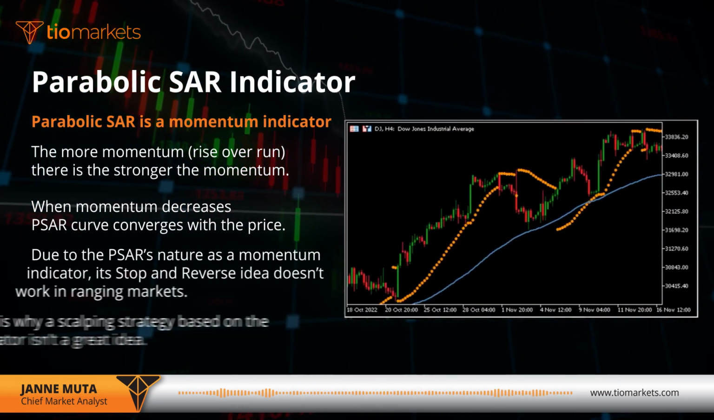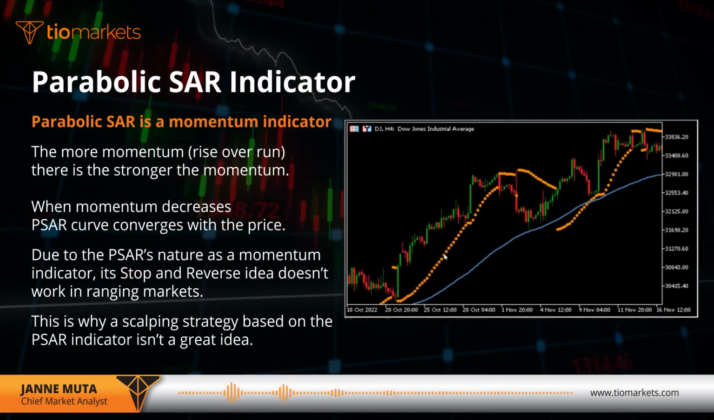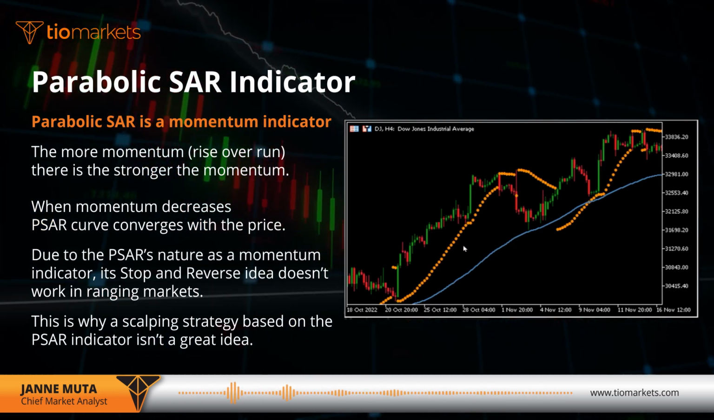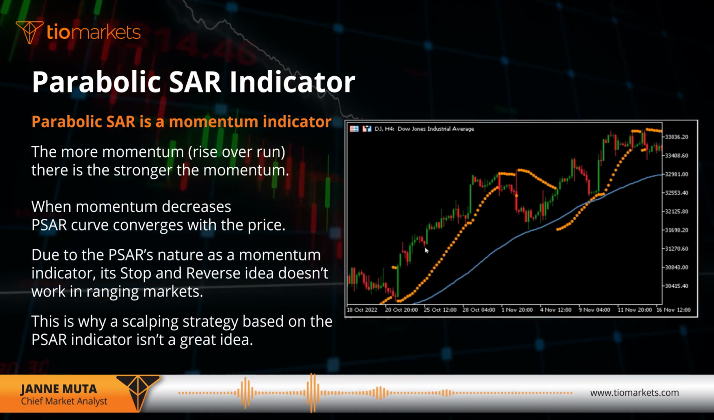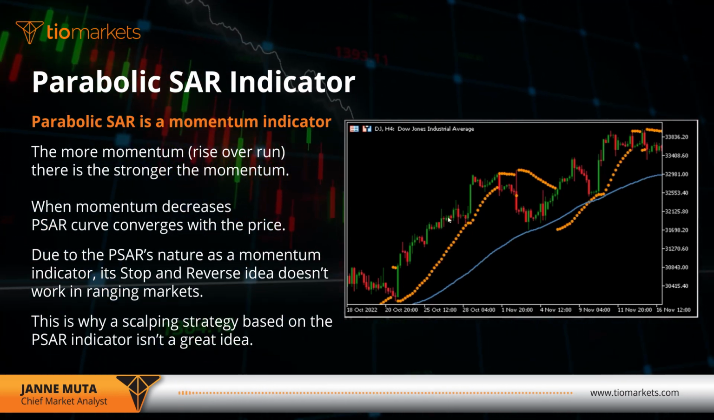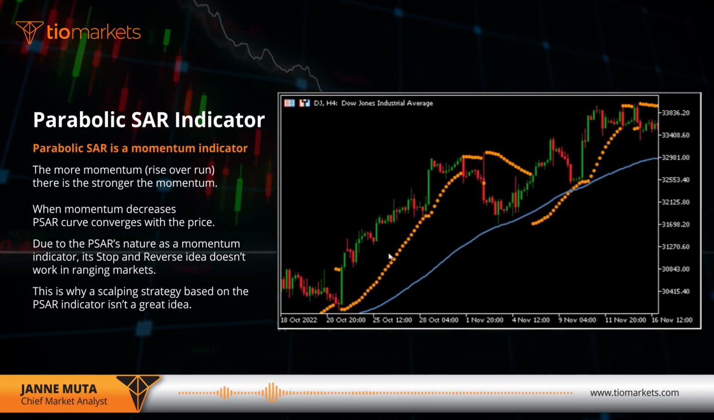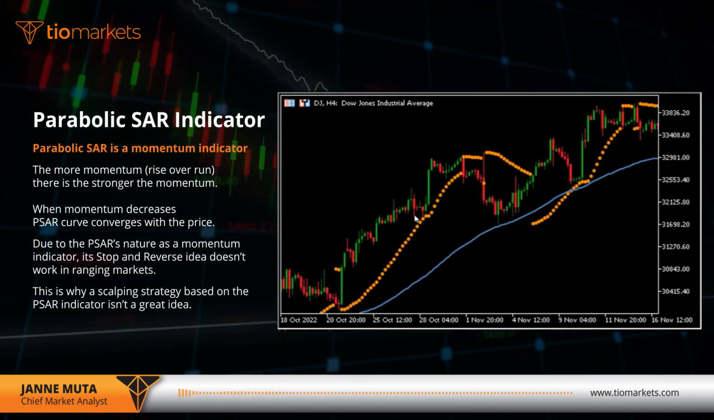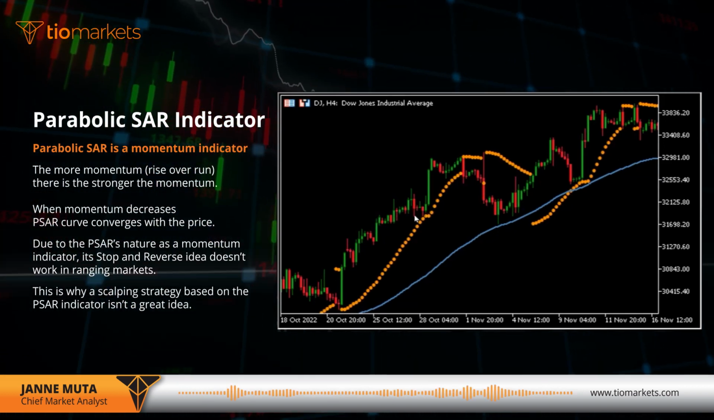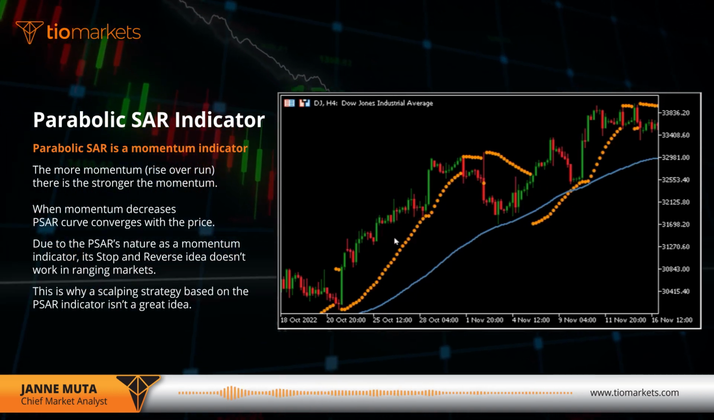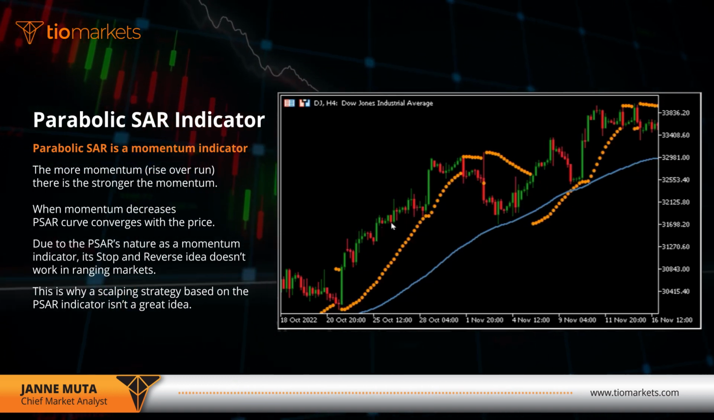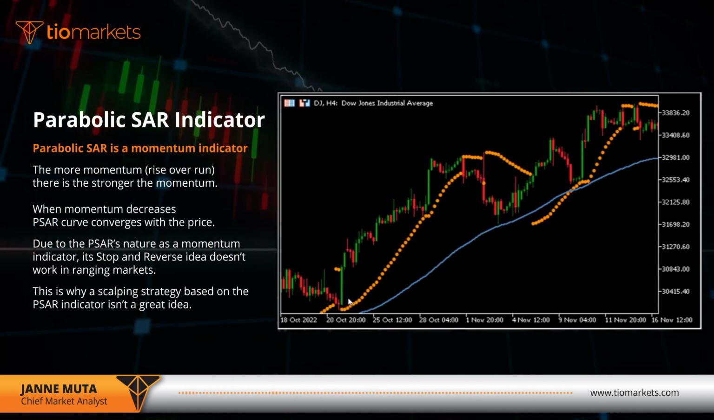As you can see here, we have the price trending higher. This is Dow Jones in 4-hour time frame. And when the market loses momentum, the price and the indicator converge. They come closer to each other. So this clearly shows you how this indicator highlights the periods where you have lots of momentum and periods where